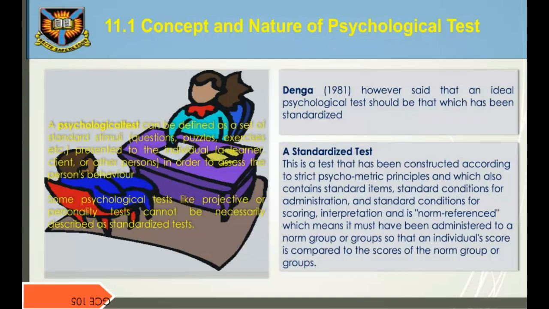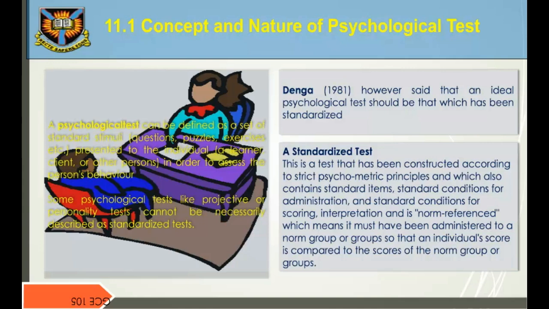Some psychological tests, like projective or personality tests, cannot necessarily be described as standardized tests. Denga, 1981, however, said that an ideal psychological test should be one that has been standardized. This is a test that has been constructed according to strict psychometric principles and which also contains standard items, similar